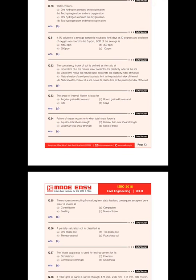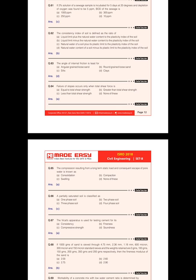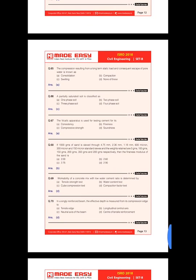The consistency index of a soil is defined as the ratio of the liquid limit minus the natural water content to the plasticity index of the soil. Okay, the angle of internal friction is least for the clay. Yes, internal friction will be least for the clay. The compression resulting from long-term static load with gradual escape of the pore water is known as consolidation. The partially saturated soil is classified as, partially saturated means it will be three phases, that is water,